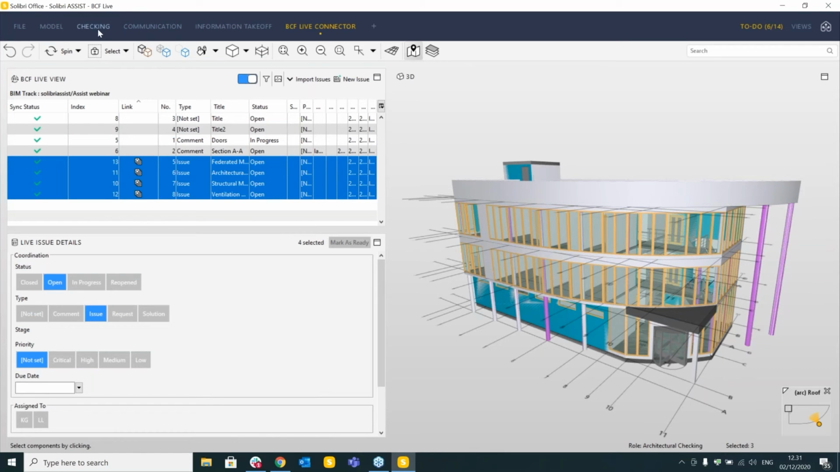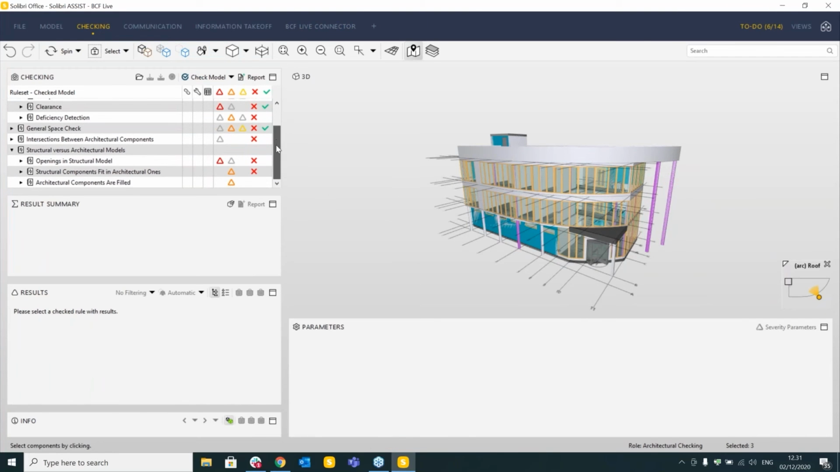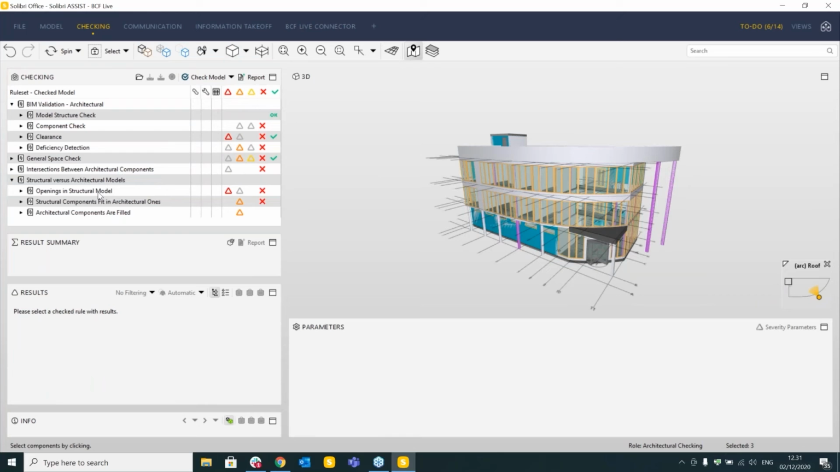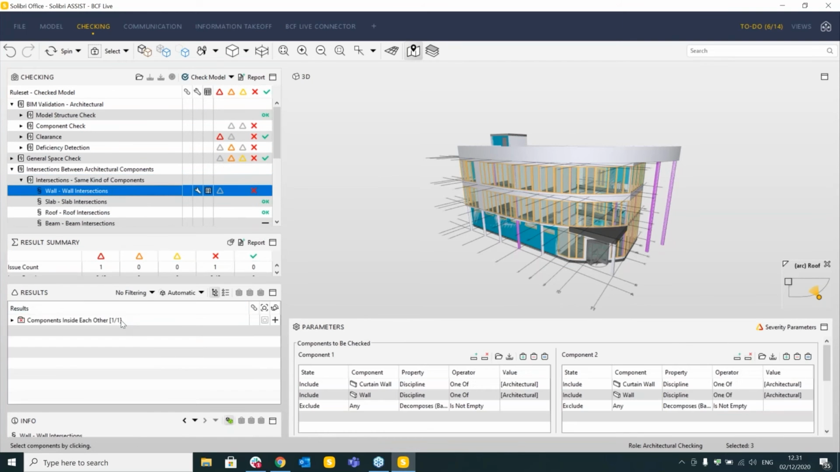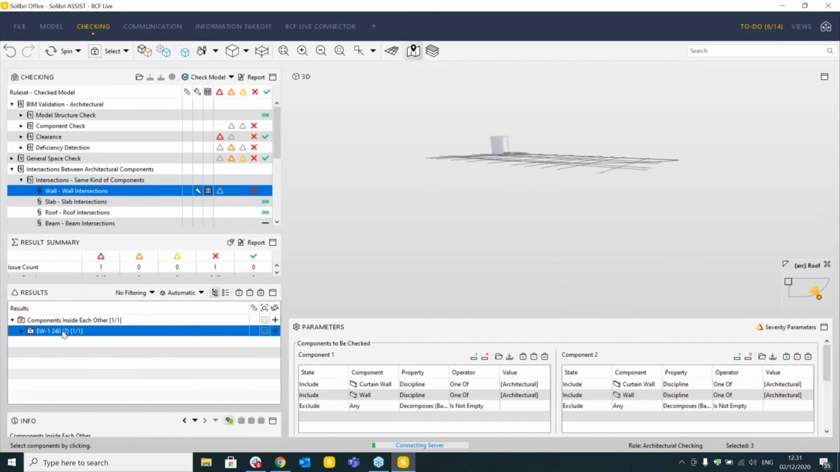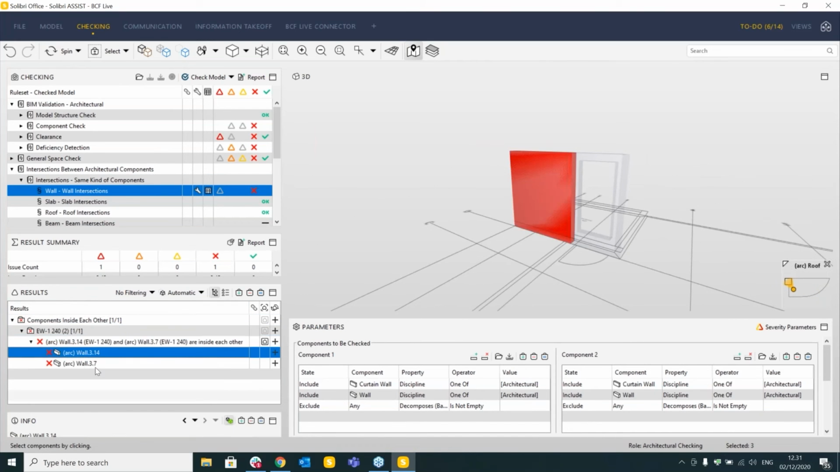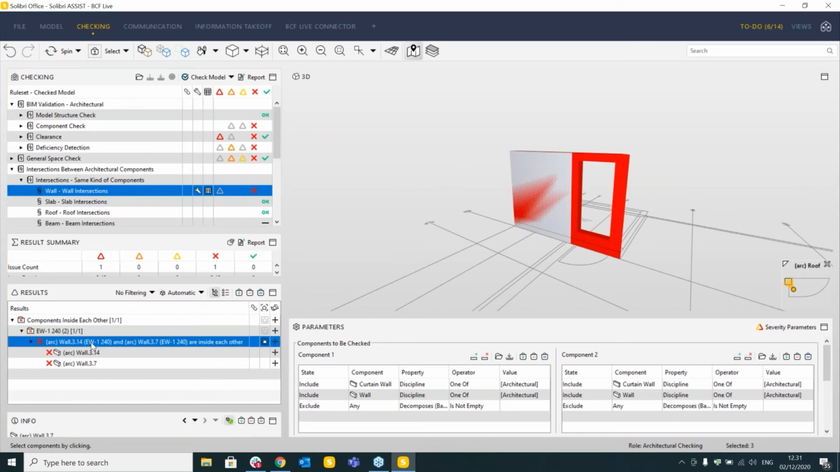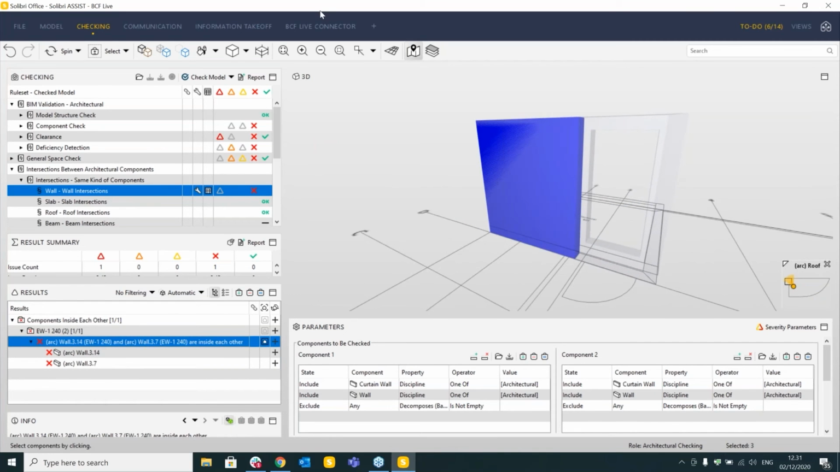If we want to create from the checking results, we can create these slides directly from here. I will just choose, for example, this one. We have this issue with 2 architect walls inside, like a duplicate wall here. So now once we have the connection on, we get this column here that gives us the possibility to directly add this issue to the BCF Live Connector. Once we double click here,